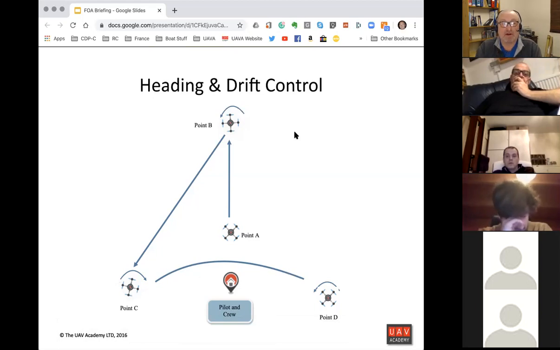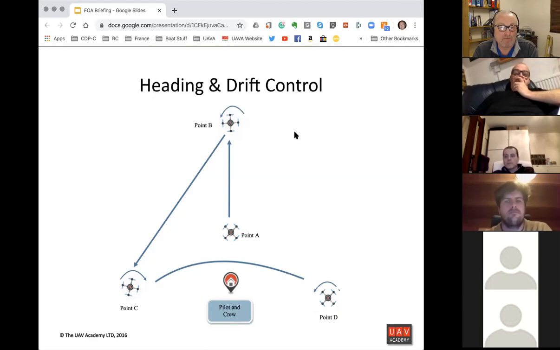And as part of this whole exercise, when you do the mission, one of the things he's looking at is, are you keeping an eye on the information that you're getting displayed on the tablet? So are you monitoring your battery condition? Are you glancing at it fairly regularly? Are you paying attention to it? Are you paying too much attention to it? Because whilst you need to be tracking that stuff, what we don't want you to be doing is flying the